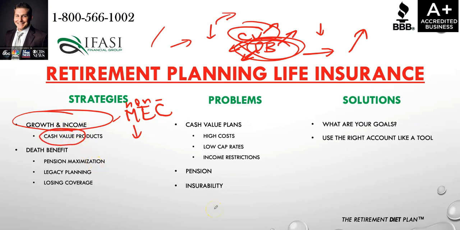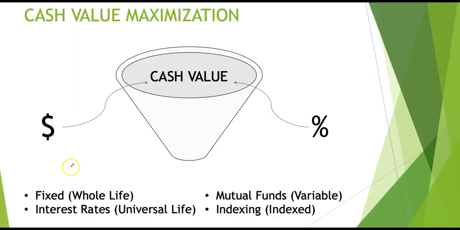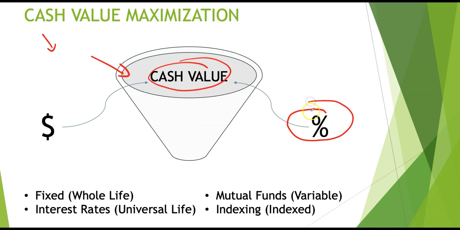Ultimately, if we think of cash value like a bucket or a funnel, you have premium dollars going into a plan. Those premium dollars are going to be eaten up by different costs of insurance and other expenses known as the net amount at risk to the insurance company. So if you're reducing the amount of expenses, that means more dollars are going to net into that cash value bucket. On top of it, it doesn't only grow by the net contributions you're placing into the plan, but it's also growing by the rate of return that's coming back.